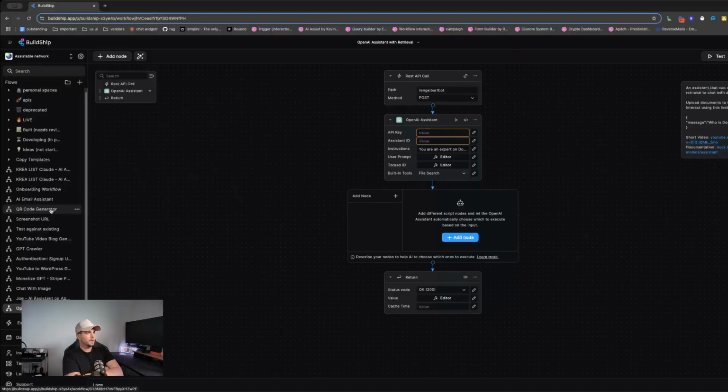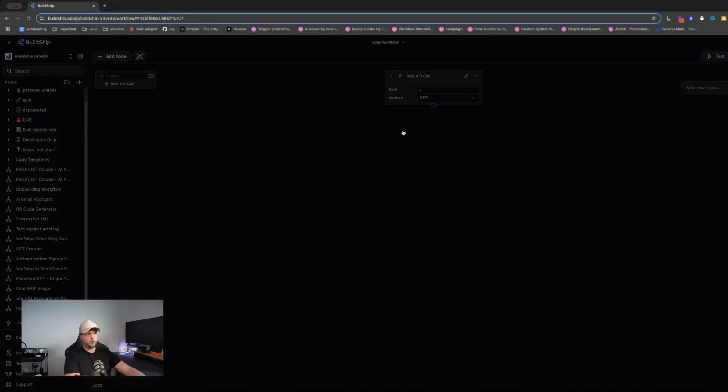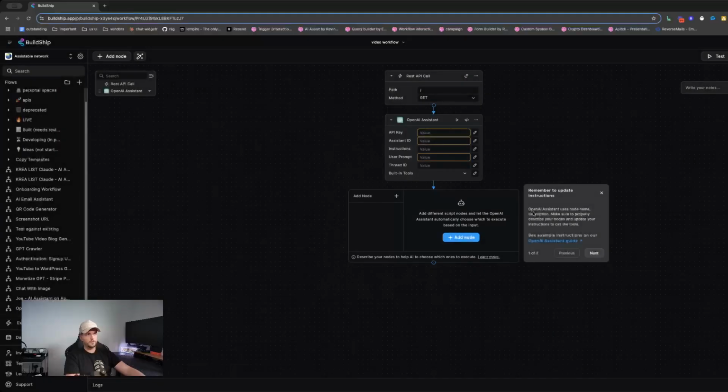So, best practices here. I'm going to pause and create a blank workflow, because there are some things that you need to do before you start throwing out API keys and everything like that. I'll show you what we can do. Okay, so I just have this test workflow here, with a simple trigger. I'm going to set up an OpenAI assistant, and I'm doing this because something like this involves API keys, right? And whether you're familiar with dev or you're pretty technical,